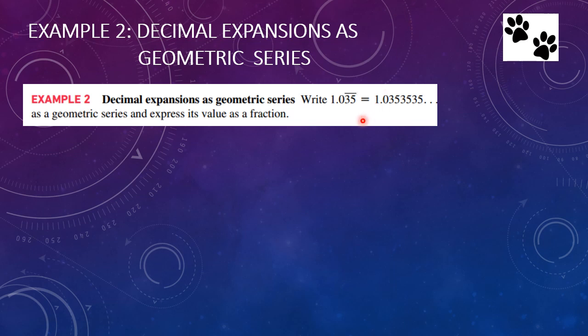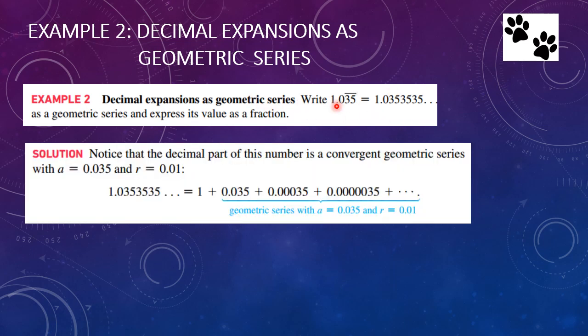So if we think of this decimal, we can see that it's got 1.035, and then it adds another 3, 5 after each term. So we can think of that 3, 5 with 2 more decimal places as really the geometric series. So if you think about it like this, where the first term is 1,